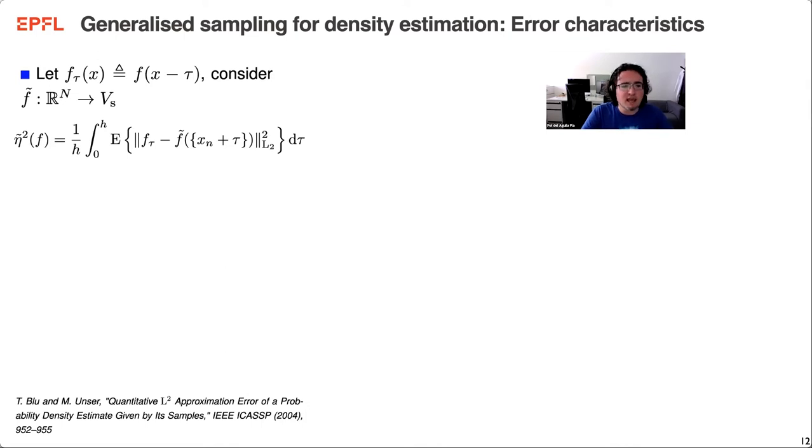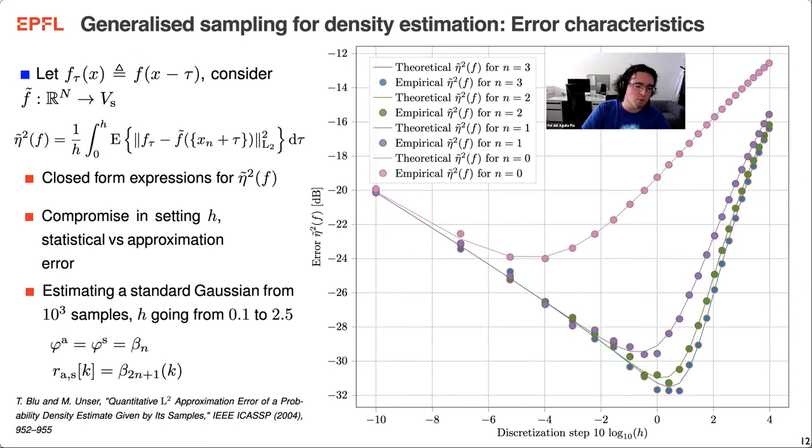And we introduced this parameter H, which is simply the space between two consecutive nodes on the grid, because before we assumed it was one for simplicity of the expressions on the slides, but now we analyze it in terms of this H. So it turns out that you can get closed-form expressions for this error metric, and the result of both the theoretical expressions and an empirical analysis of simply estimating a standard Gaussian from 1,000 samples is that there is a compromise in the choice of this space in the grid, this discretization step